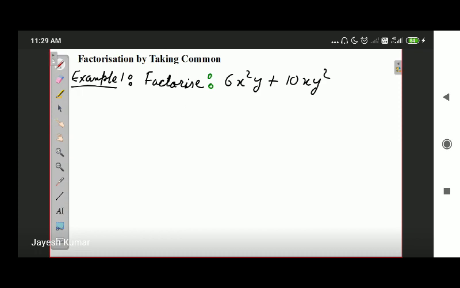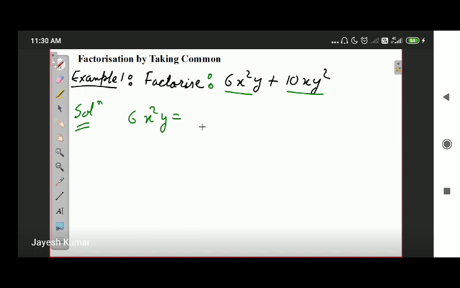Okay, so how do we go through the factorization of this polynomial? We write down the simplest form of these two terms. We break down these terms. The solution will be: first of all we will write down 6x square y and we will write its factors. So what is being multiplied to form 6x square y? What variables, and how many times are they multiplied? What constant, and how many times is it multiplied to form 6x square y?